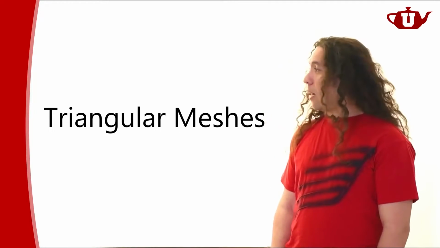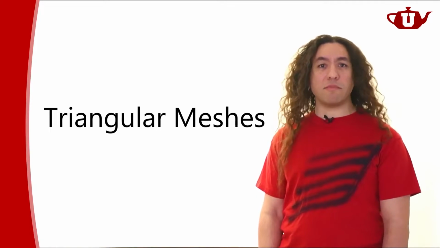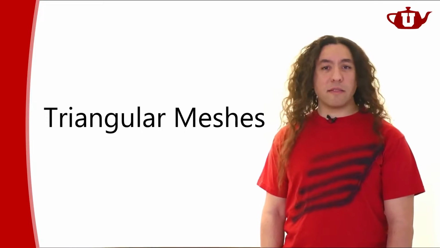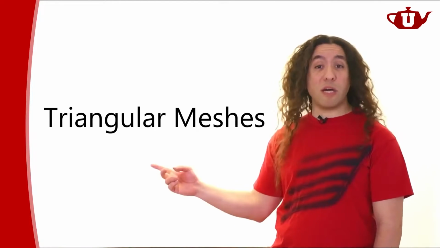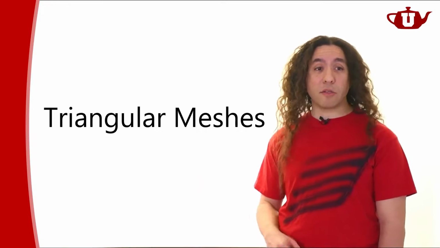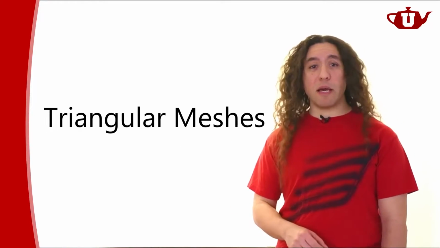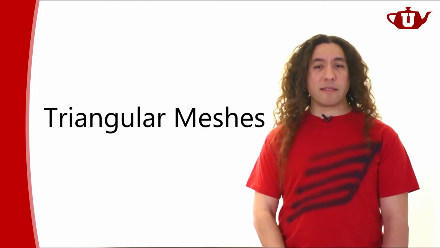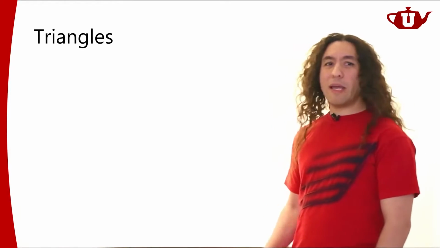And as we talked about in the Introduction to Computer Graphics course, most models that we use in computer graphics are either initially represented or in the end converted to triangular meshes before we render them. So when we're trying to render something, we're basically dealing with a bunch of triangular meshes. All right, so let's start with that. We're going to talk about how we handle triangles today.